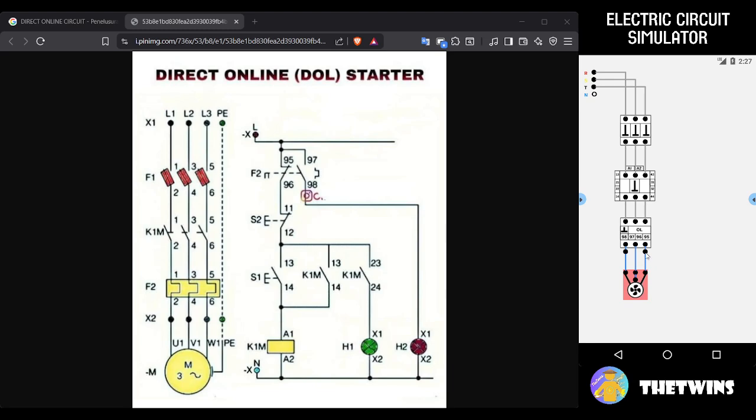If you long press the circle point, you can drag and make a custom wire like this. If you double click, you will see a menu for add point or delete point. Add point creates a new wire point. Delete point removes the point of the wire. Let's remove this point.